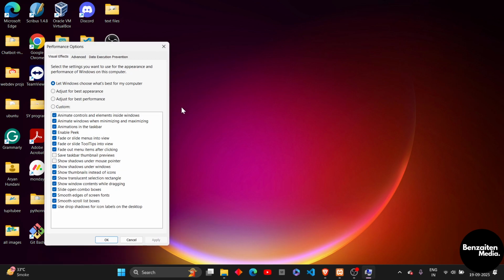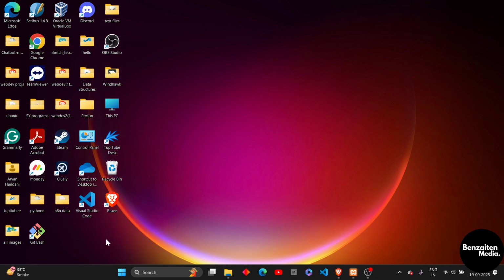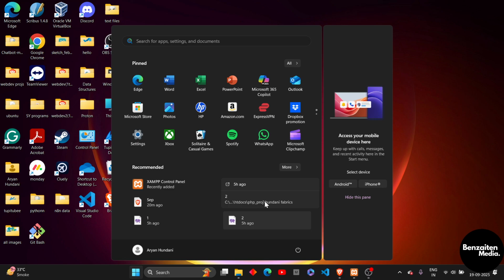Click on it, and after clicking, you need to check these checkboxes, which are smooth edges of screen fonts, smooth scroll list boxes. And if you don't want it, you can just simply uncheck them. And when you're done, click on Apply, and then OK. And after that, the next step is to come back to the Windows button again and then head over to